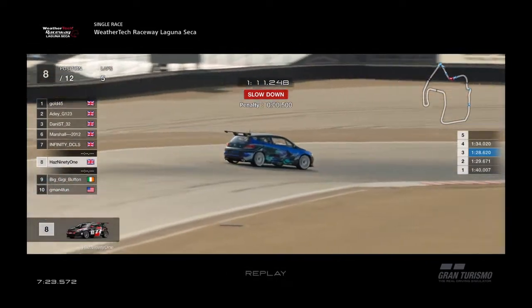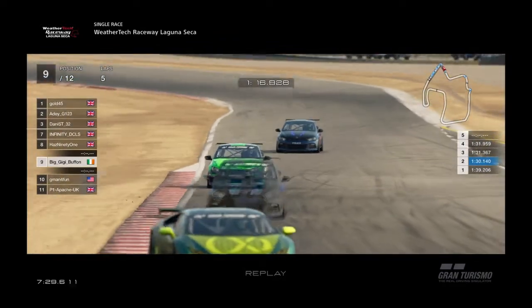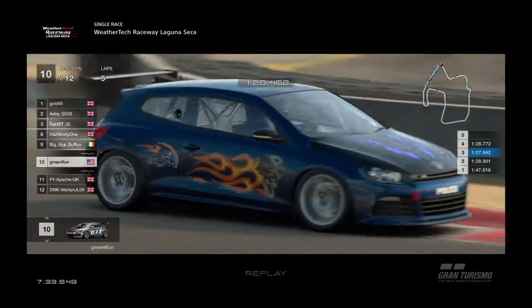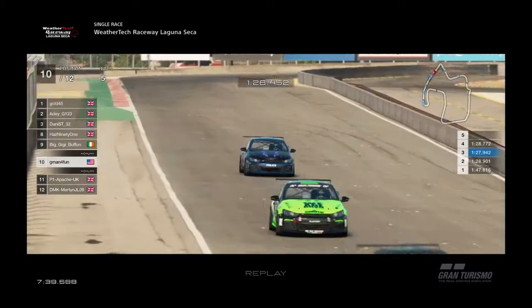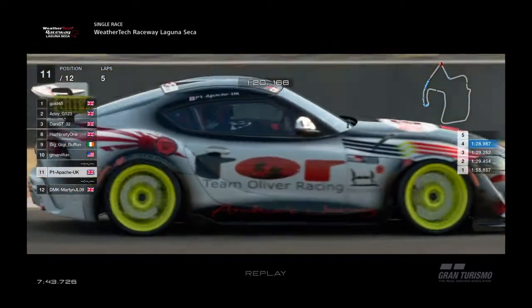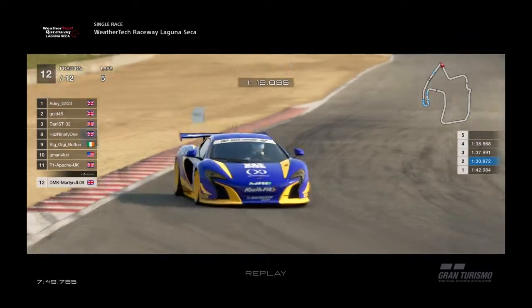Has is now in 8th place, but he's got a penalty, so he's going to have to watch about overtaking. Buffon now down into 9th place, still doing good. He's following Has through. G-Man now in 10th place. He's caught this gap up considerably and is on the back of Buffon. He's going to try and get an overtake on a couple of cars maybe. Apache, he's in 11th place, now up into 11th, and Martin looks like he's having an absolute stinker of a